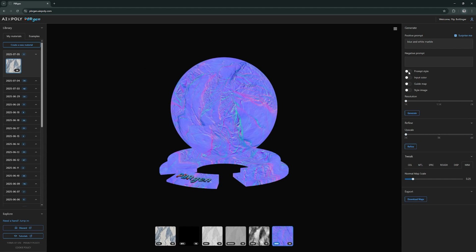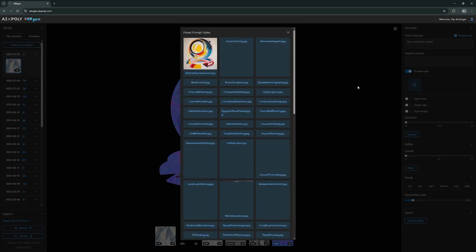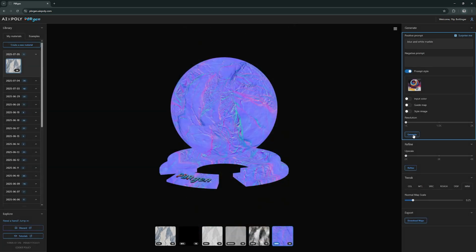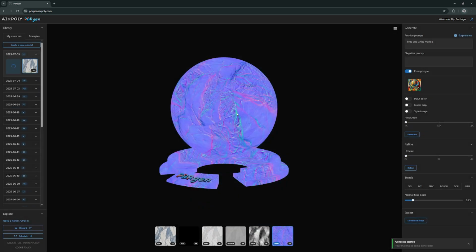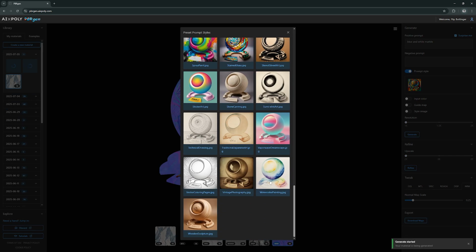So the next input is the prompt style. And that is an extra piece of text that you add to your prompt. And to make it clear what it does, we've created some previews of it. So for example, if I choose the acrylic painting or the cubist abstraction or another one, the watercolor painting,